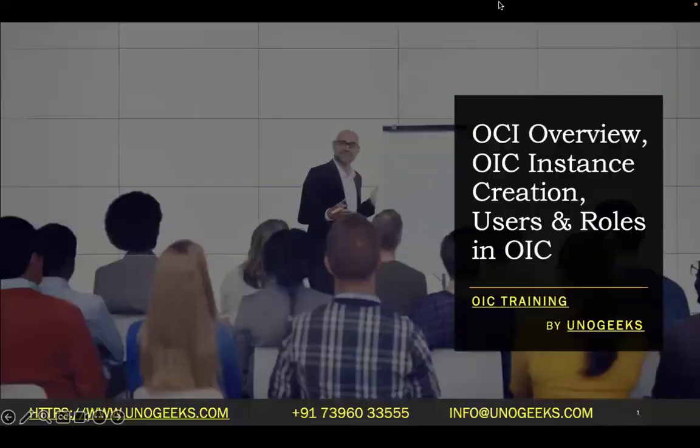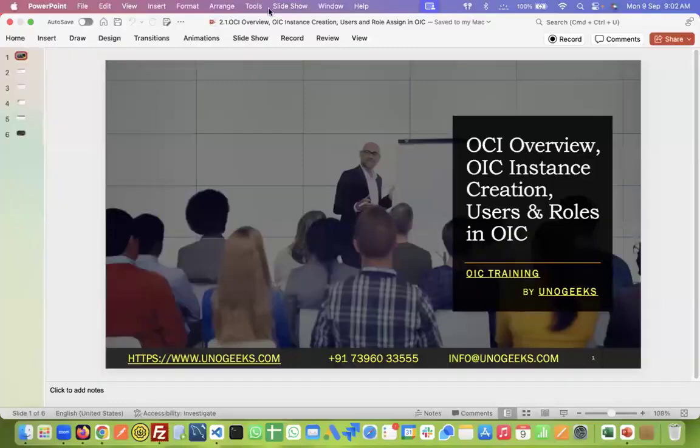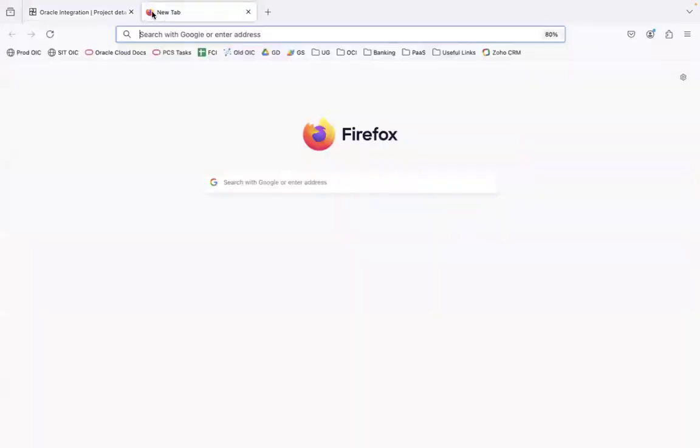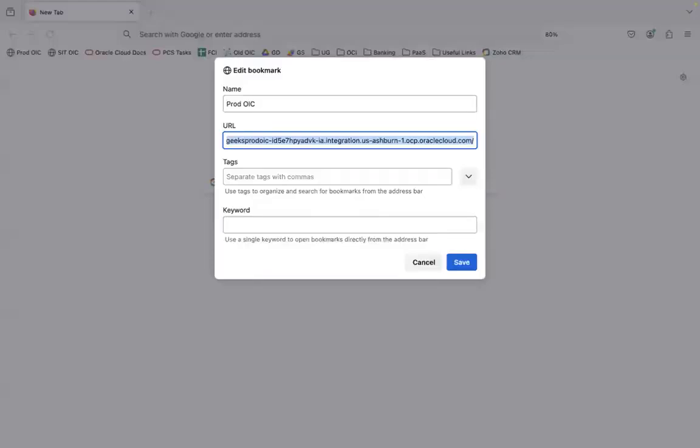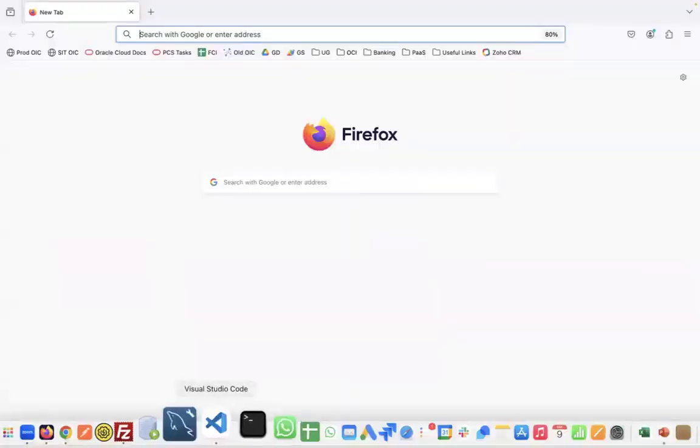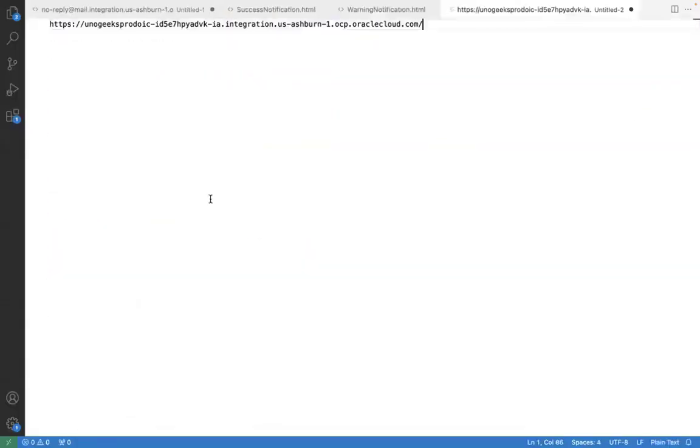So in today's session, we're going to look at admin-related aspects of OIC, guys. In real time, when you start working in OIC projects, you would receive an OIC instance link. You would receive the OIC instance URL from a client. And along with the OIC instance URL,